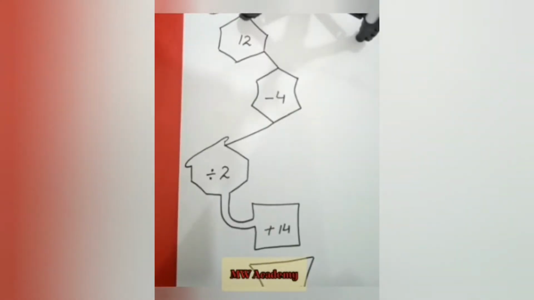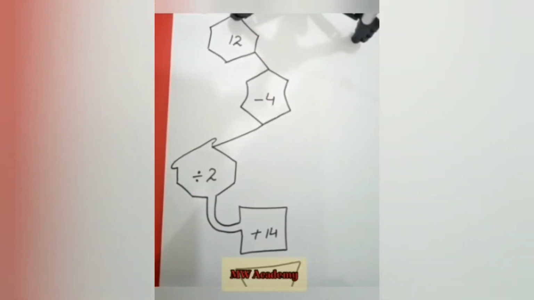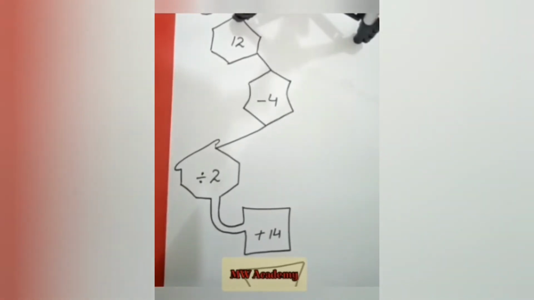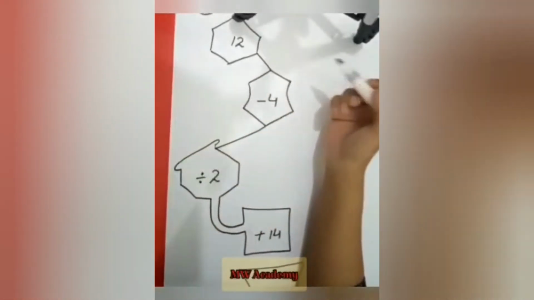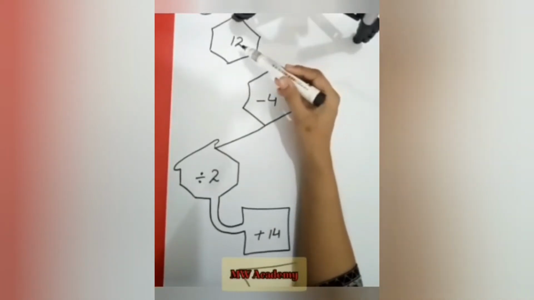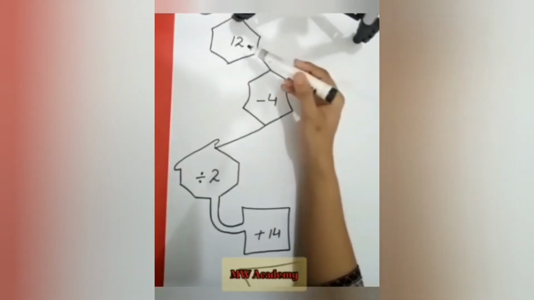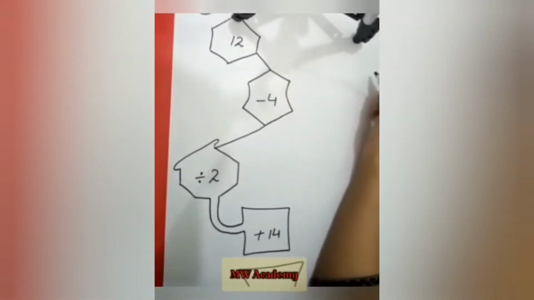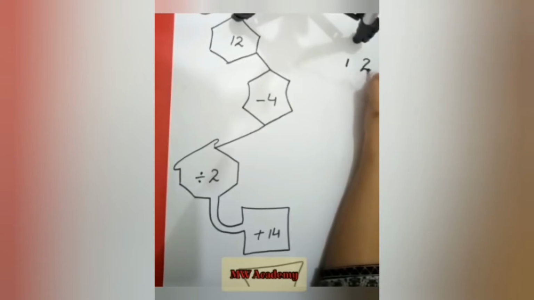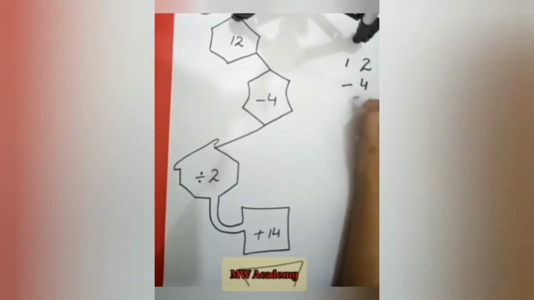Okay, let's start option B for your clearance. As I have told you, on this page we have to revise all the operations. Now first we are going to solve option B for you. I will do it in a simple way, so it will be helpful to revise all these operations. Look here, we have 2 grids. In these grids we have to solve these. First, we have to subtract 4 from 12. As you know how to subtract, 12 minus 4.